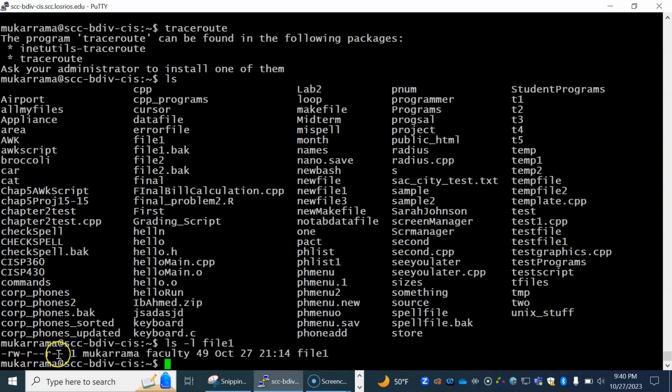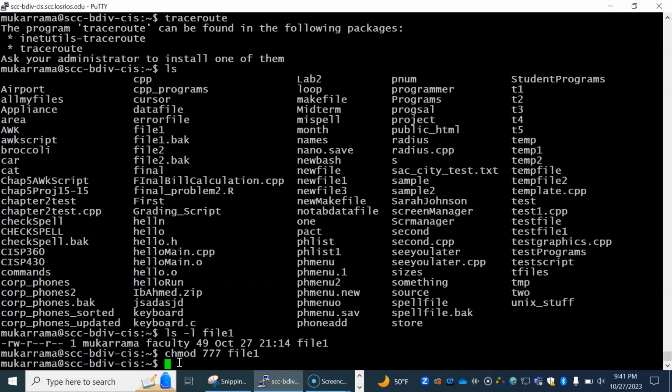So the UGO, the user, the group and all others have got read access. The group has got read access. I have got read and write, and I can absolutely change that by doing chmod, let's say 777,